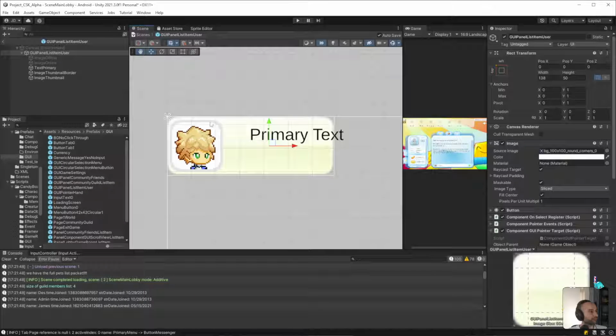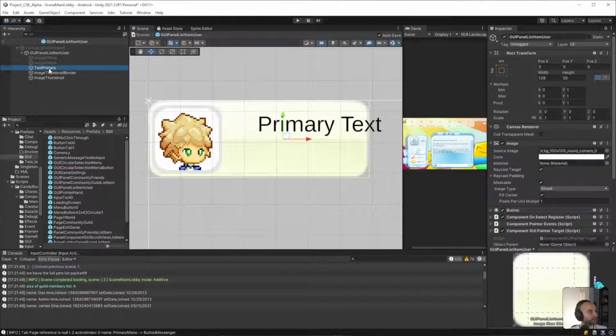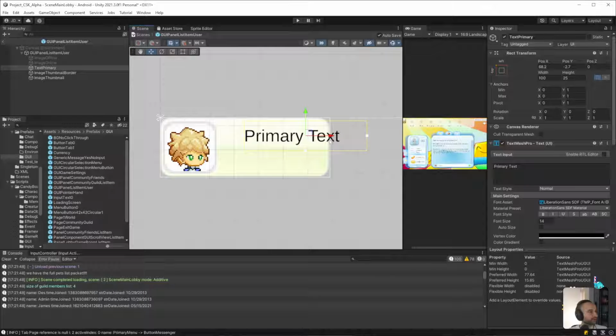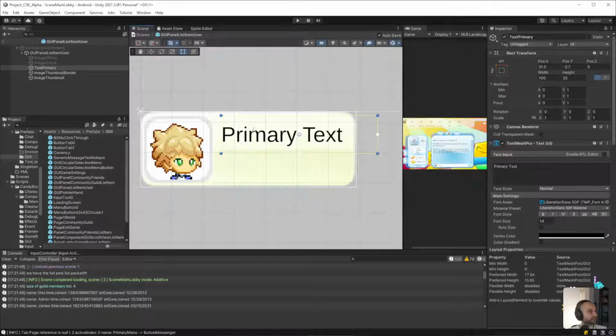So this background, I think, and the portrait or the thumbnail, I think is good. We'll just move the text primary over a bit. Let's see. Yeah, we want to move that over to about there to try to give as much space for the name as reasonably possible, but the box is just too big. Let's bring that down. We want it to be maximum probably 80. Yeah, I think 80 is good in terms of width, and it'll get cut off at that point.